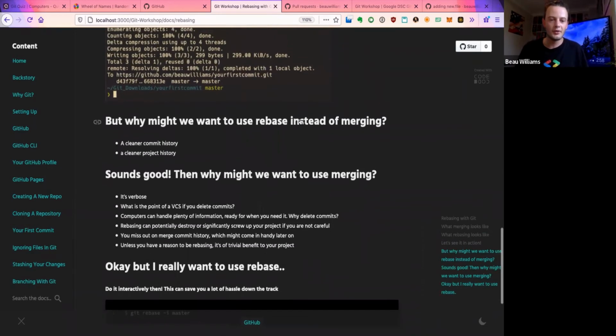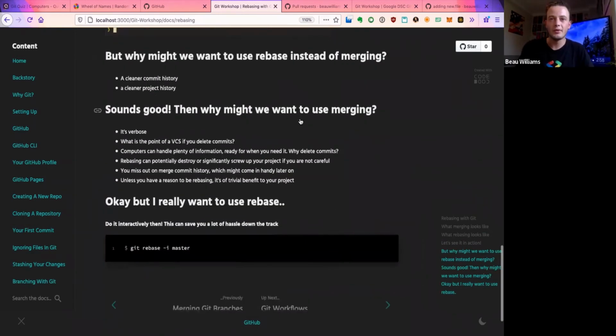Again, why would you use a version control system if you don't really want to track versions of your software much? Rebasing can potentially destroy your project or significantly cause you headaches. And again, you might miss out on a merge commit history that might be useful later on for debugging when things go wrong.